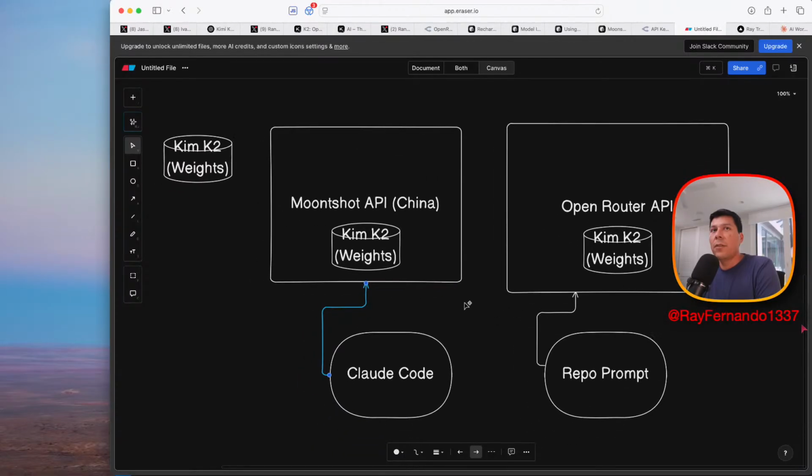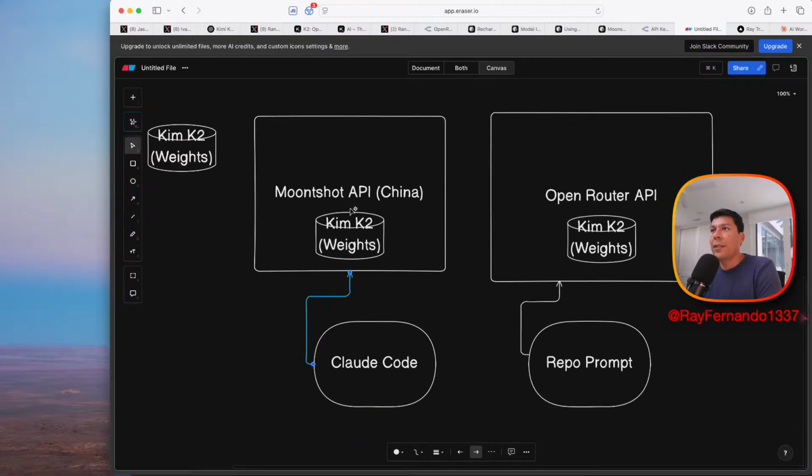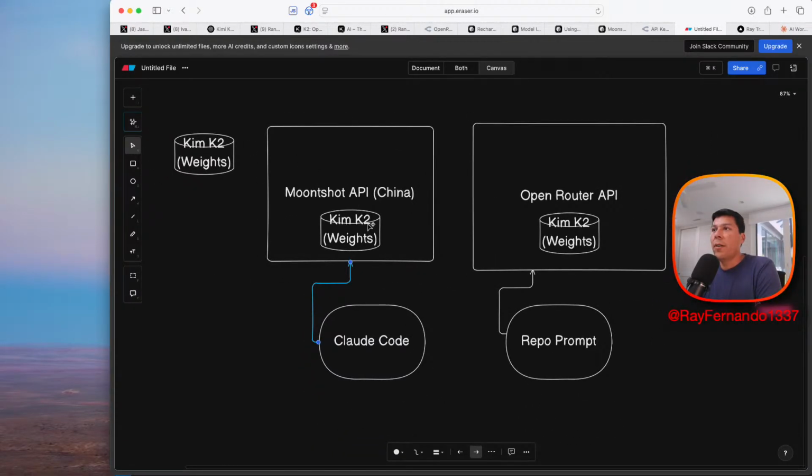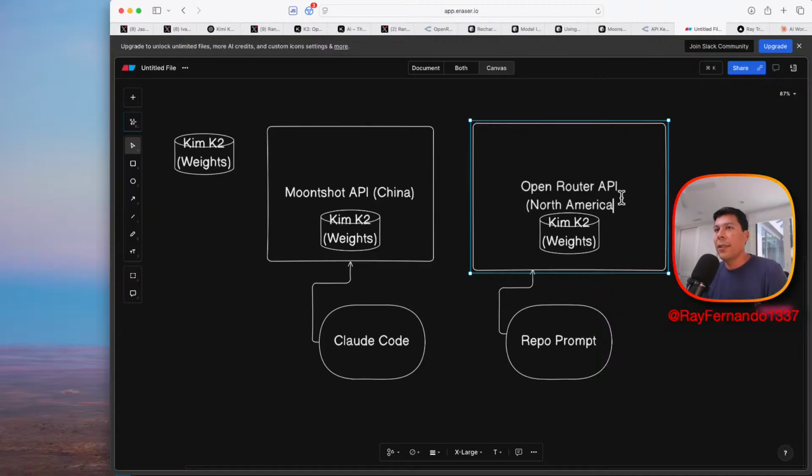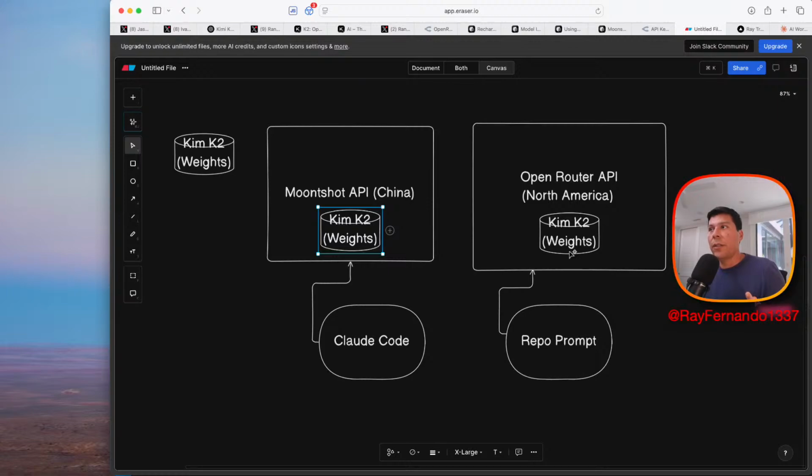If you scroll down into this file that I'll have linked in the Discord, basically the weights are available in two different places. According to TechFriend, the OpenRouter API is actually available in North America, aka USA. And the weights are open, so you can take the weights and deploy them in any server you want in the world as long as you have the GPUs, right? They're also available on Hugging Face as well. I don't know exactly where that's hosted, but as of right now,